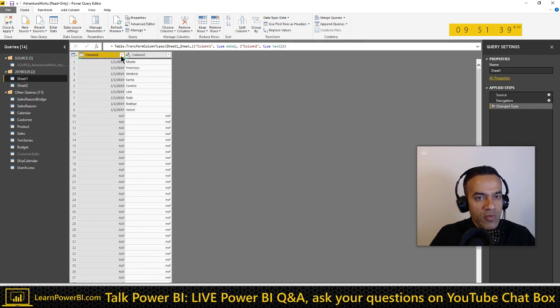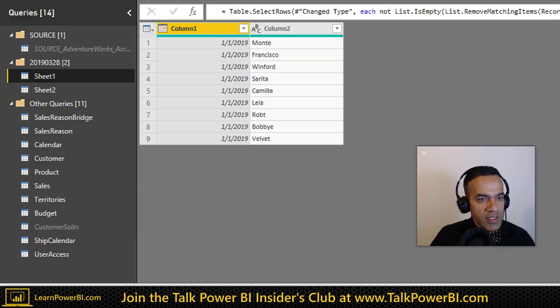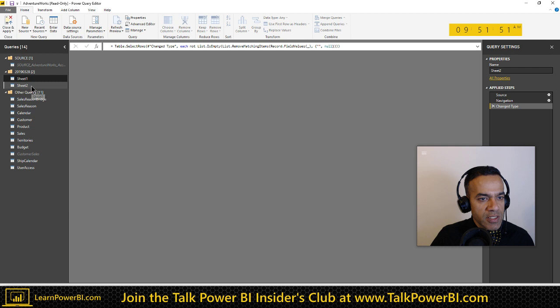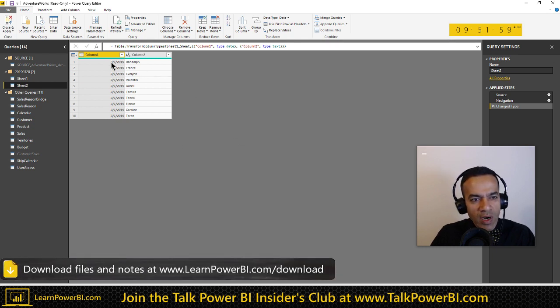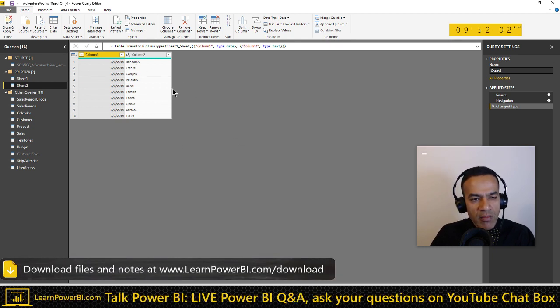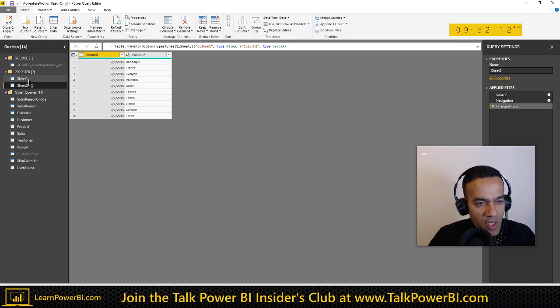I'm just going to remove nulls, remove blank rows. Okay, so ignore that, that was just an Excel thing. But sheet 1 is this, the date, and sheet 2 is this, right? Okay, got it. But what I'm thinking is I'll combine it before I bump the row to headers. I'll combine it at the level of column 1 and 2. Oh, wait, yeah, I see what you're saying. No, I get the problem. Okay, cool. So if you promote those headers.